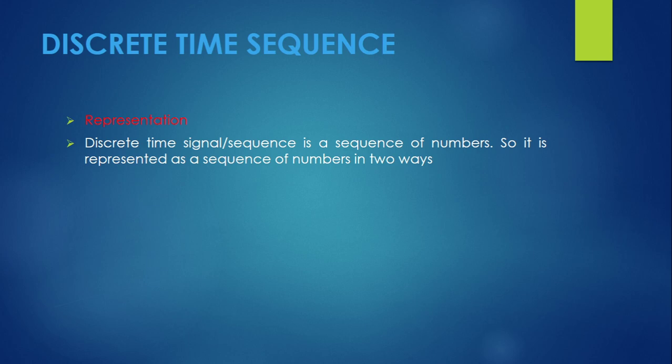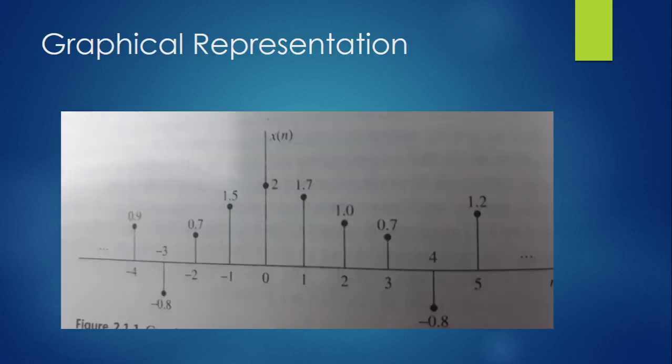As we know, discrete time signal or sequence is nothing but a sequence of numbers. So it is represented as a sequence of numbers in two ways. As we have seen, a discrete time signal is the continuous signal whose samples are taken at certain time intervals. So that continuous signal becomes a sequence of numbers. So how to represent that? One is it is represented in the sequence way. Second, it is represented in the graphical way. In the sequence,